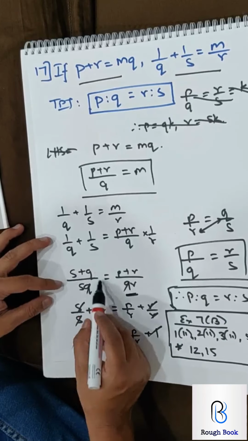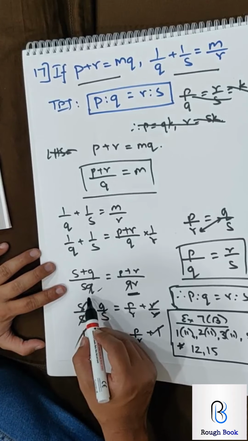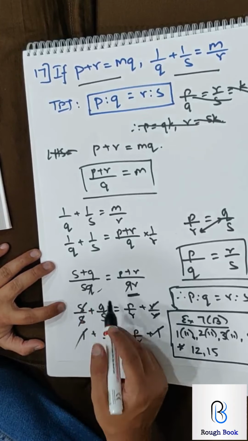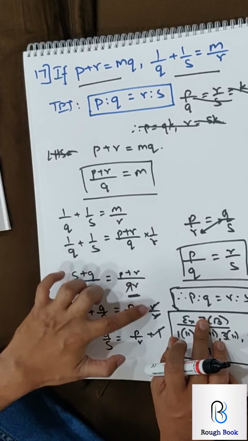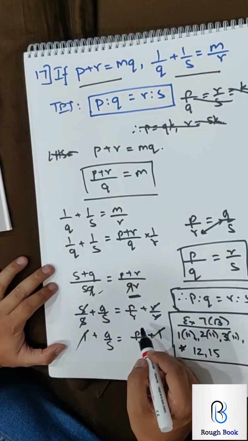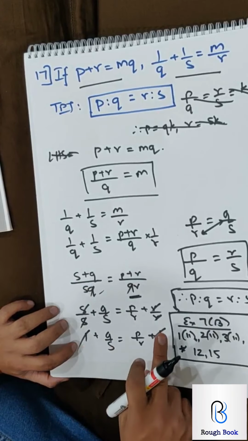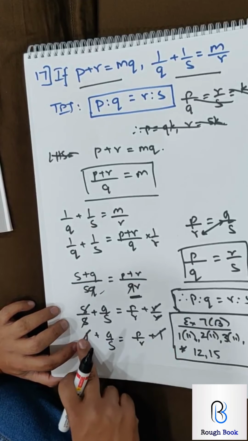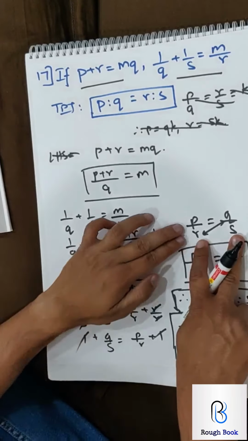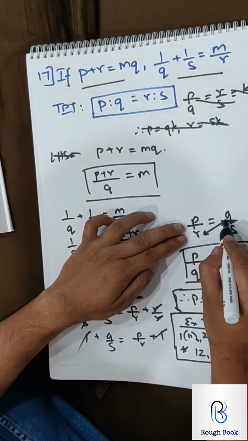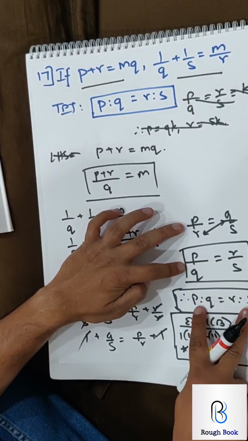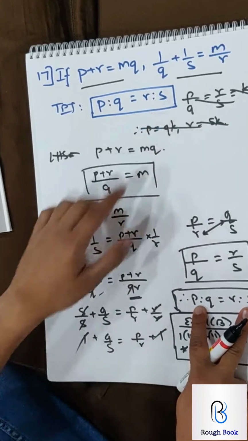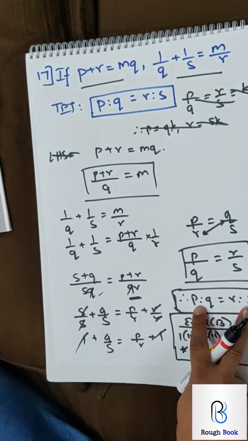We reached here in the previous part, 1 plus R. After that, this has to be multiplied. Here we are taking the LCM. Cancel Q and then redistribute this. So S upon S, Q upon S, P upon R, R upon R. Everything cancels. So 1, 1. 1 also cancels because it becomes minus 1. This comes here. Send Q down, R up. We can always do that, change. And therefore P ratio Q, R ratio S. That's what our final answer is.